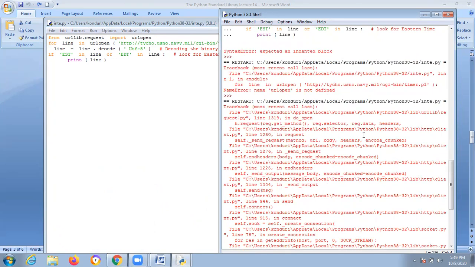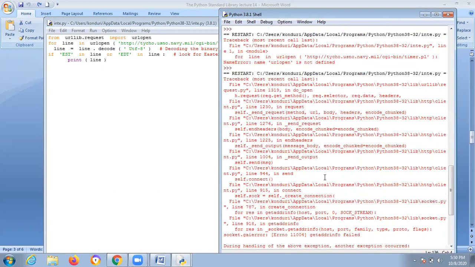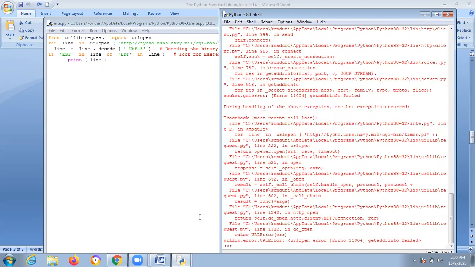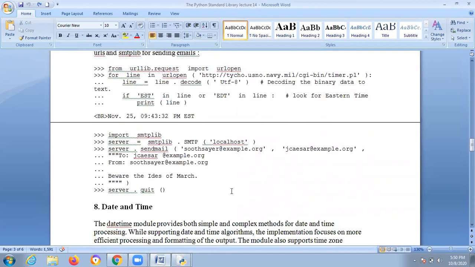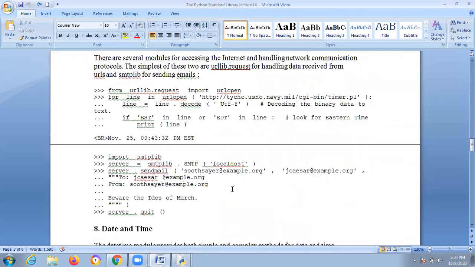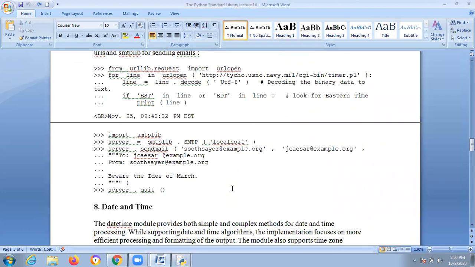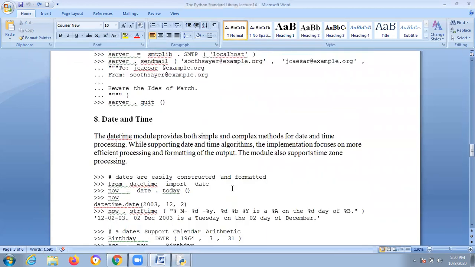You'll get create connection, host, port number, like this. So likewise, you have to use this one. These modules are taken from the library only, internet access.